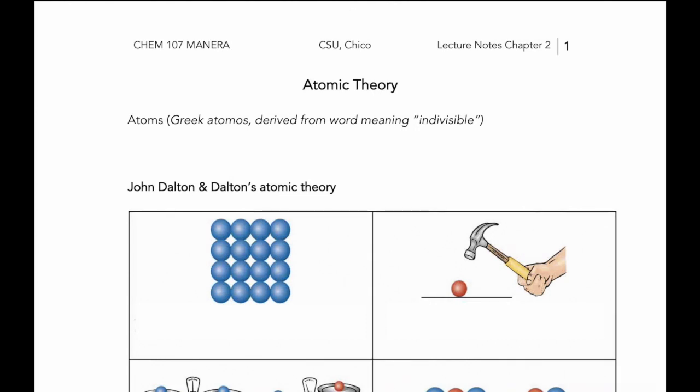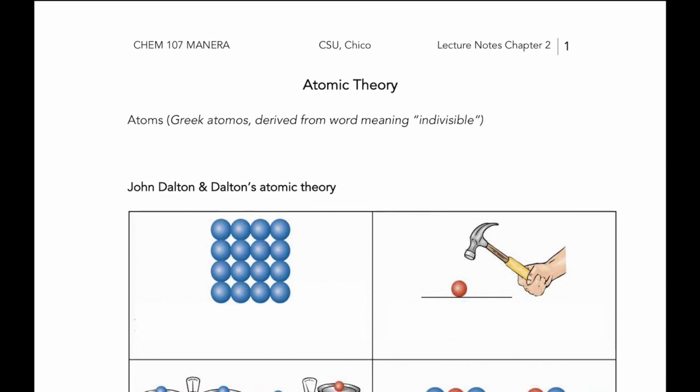So, we have finished chapter 1 and we are going to begin chapter 2 in this video, and we're going to talk more about the idea of atoms now to begin the chapter. So, if you want to read along, this is going to be chapter 2.1, and this is setting the stage, kind of starting to define what atomic theory is. What is an atom? And how do we consciously kind of build this idea of what an atom is and how it behaves, sort